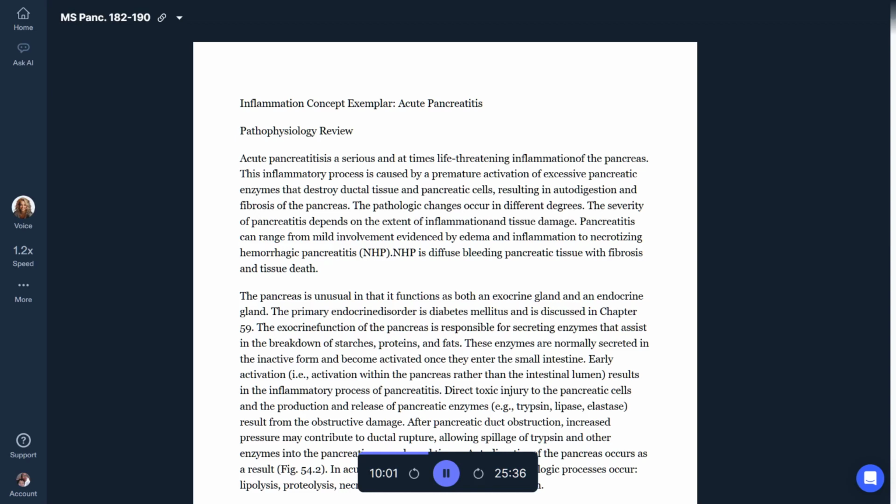Planning and implementation. Generate solutions and take action. Managing acute pain. Planning. Expected outcomes. The patient with acute pancreatitis is expected to state that he or she has a decrease in or absence of abdominal pain as evidenced by self-report of a level of 2 or 3 on a 0-10 pain intensity scale.